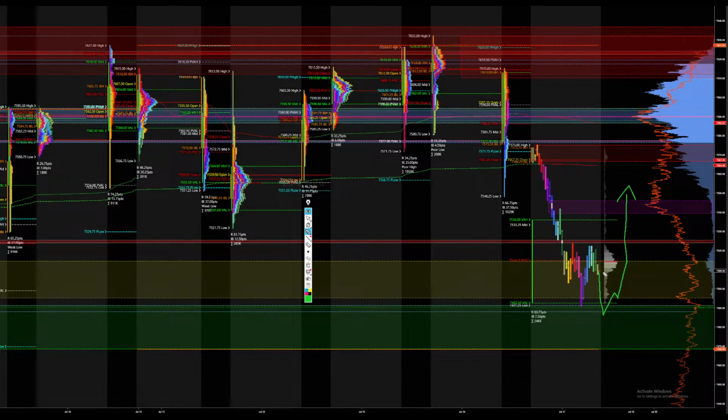Now, like I said, the other level I'm really going to pay attention to is that overnight VPOC, 75.15. If the market goes like this and retests it, and I'm looking at it internally and I'm like, this is not weak, you also go long, and try to target the 75.48 gap fill. That's really the only longs I'm looking at.